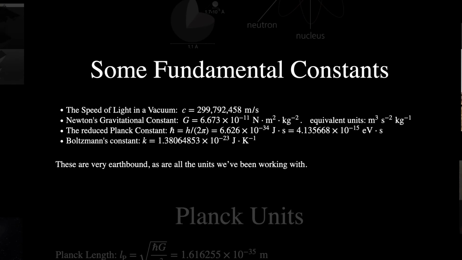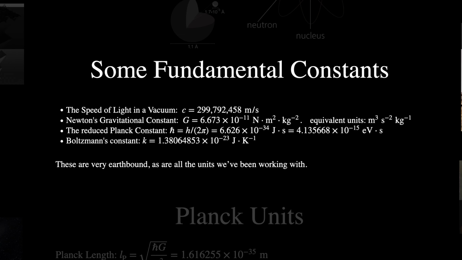Just as important as these base units are what exactly we're measuring. And we have found, over the course of hundreds of years of exploration and discovery and scientific advancements, that there are some fundamental constants in the cosmos that stay put. The speed of light in a vacuum, which is 300 million meters per second, or 300,000 kilometers per second. Newton's gravitational constant has a value of 6.67 times 10 to the minus 11th newton meters